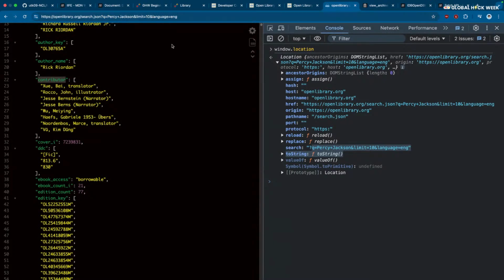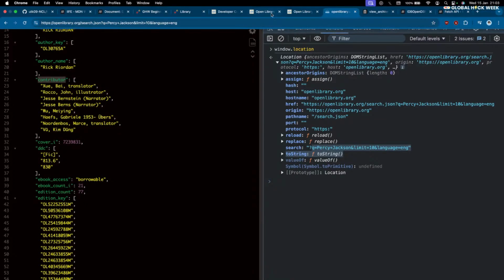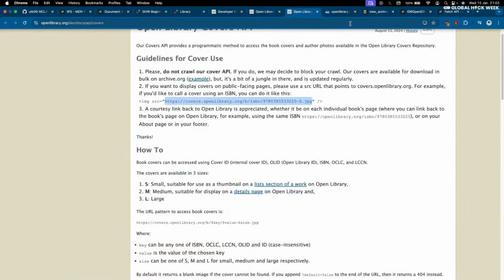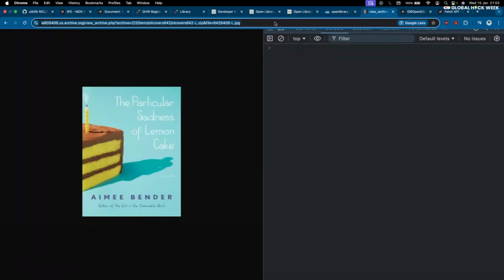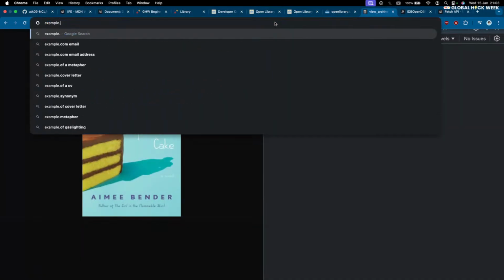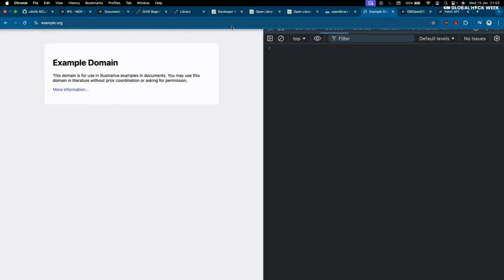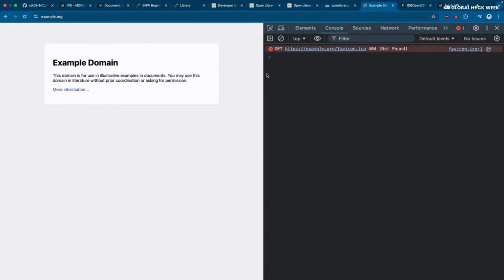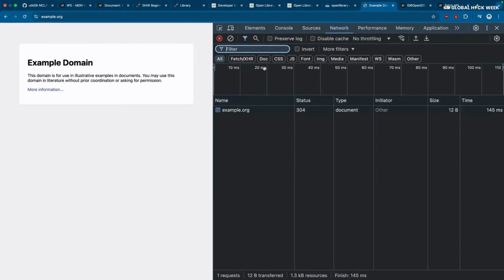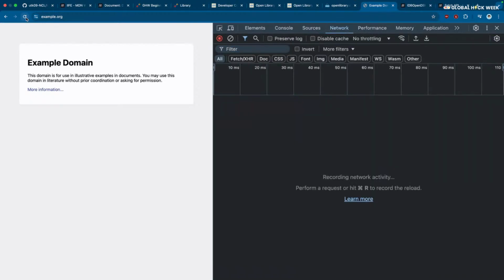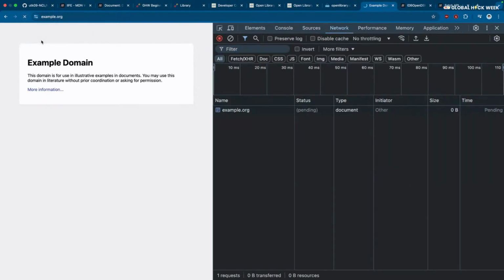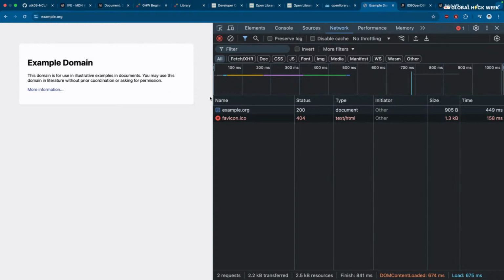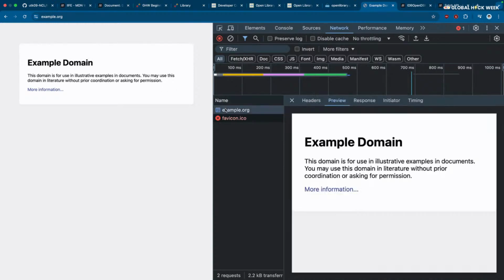Okay, so everything that you see on the internet, you can make a request to get that data, right? And the best way to actually understand that is, let's say I open a website called example.org, I think it's called. Yep, there we go. So example.org, and if I clear this and do an empty cache hard reload,